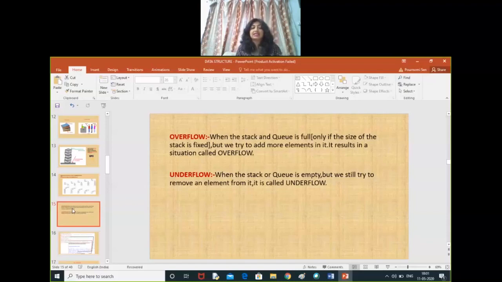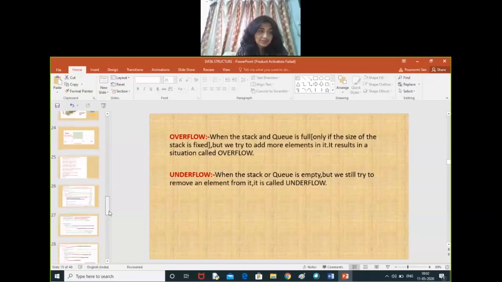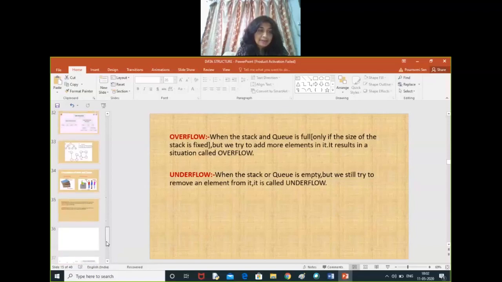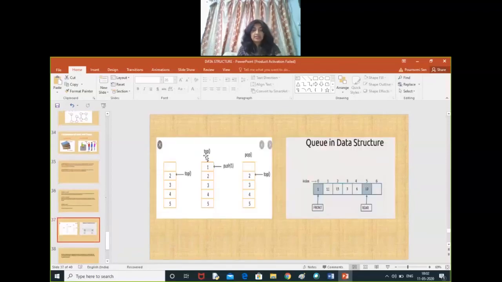One more thing is the top of the stack. What is the top of the stack? See the diagram here. Initially when the stack was empty, then 5, 4, 3, 2 have been added.